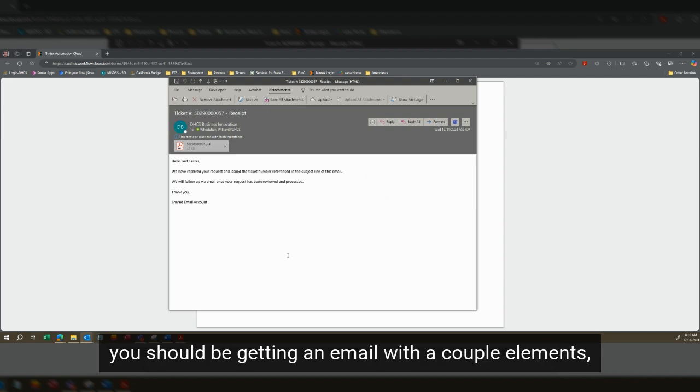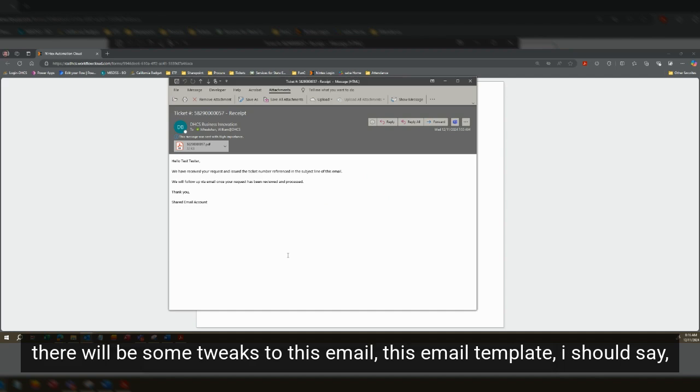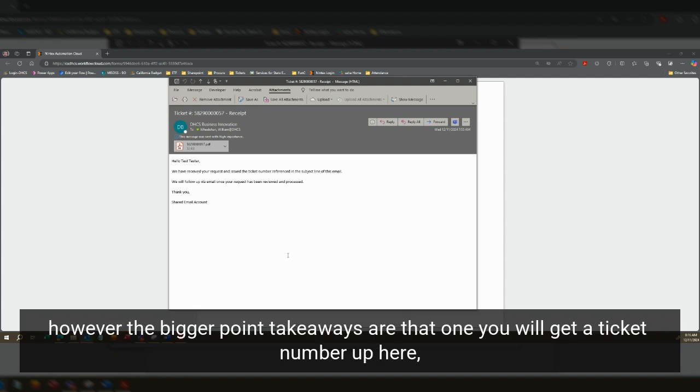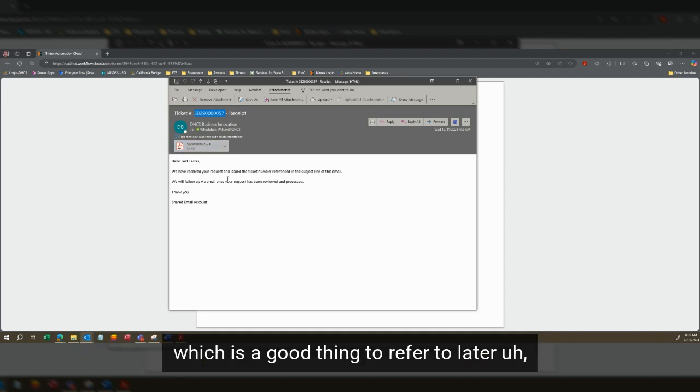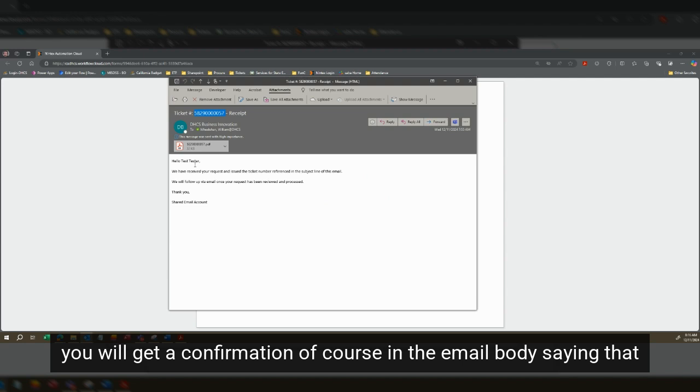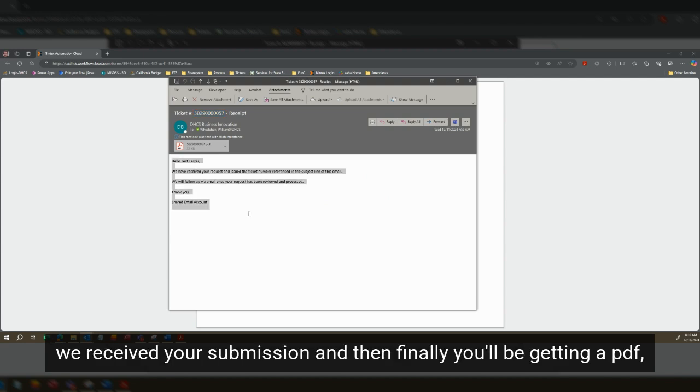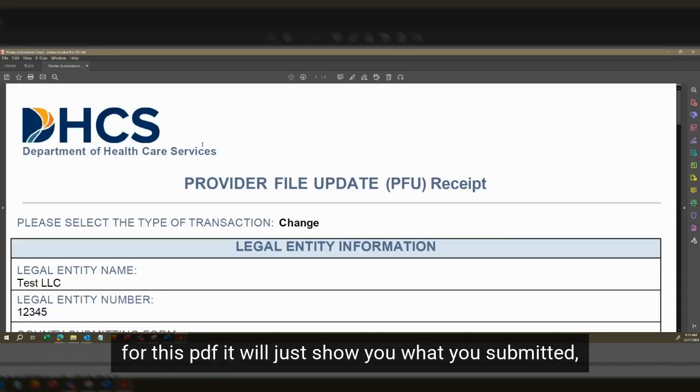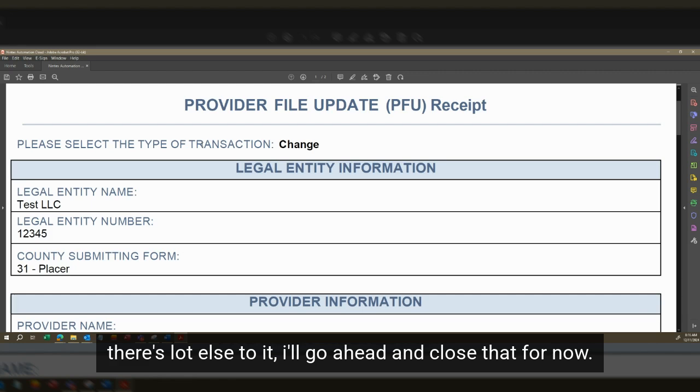You should be getting an email with a couple elements. There will be some tweaks to this email template, I should say. However, the bigger takeaways are that one, you will get a ticket number up here, which is a good thing to refer to later. You will get a confirmation, of course, in the email body saying that we received your submission. And then finally, you'll be getting a PDF. For this PDF, it will just show you what you submitted. There's not a lot else to it. I'll go ahead and